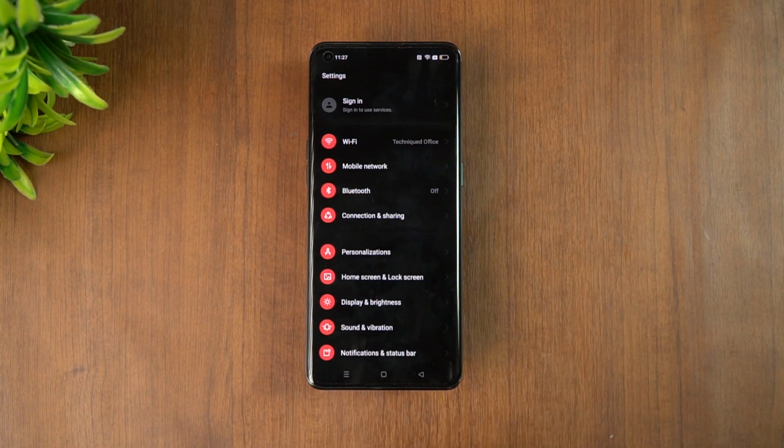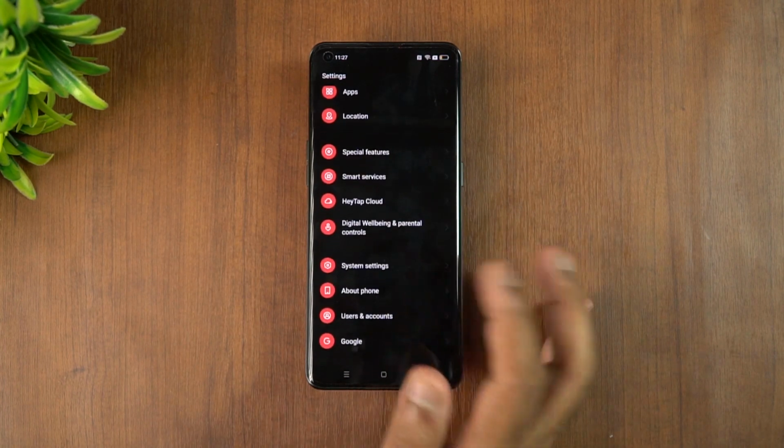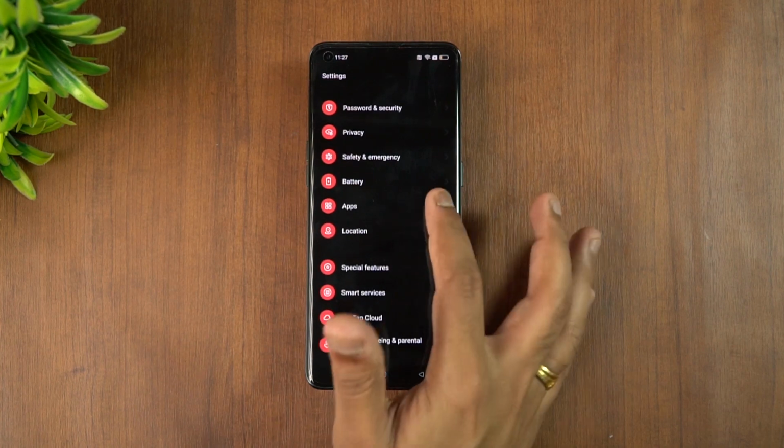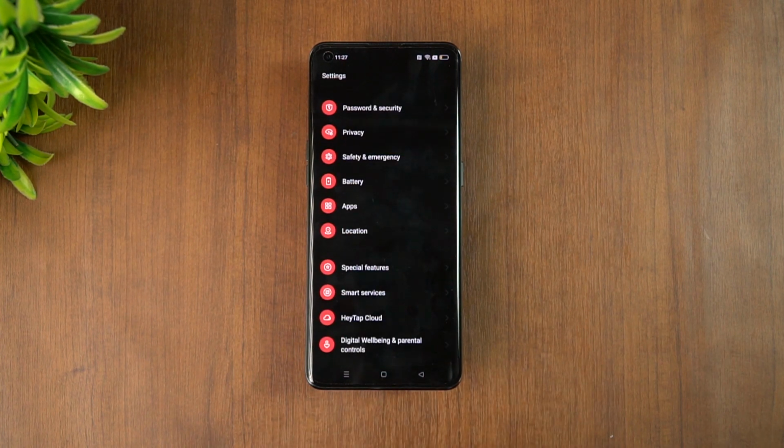Then you get the eye comfort mode and other options which are self-explanatory. Then you also get the battery optimization features. So if you're using a heavy task, you can actually see that the battery is optimized based on the performance, so you get the best battery life. Similarly, there is also AI system booster, which means if you're gaming, the OS will detect what kind of extensive task you're using, and based on that it will optimize the performance. So those things are included. Then you also have the themes and other options.